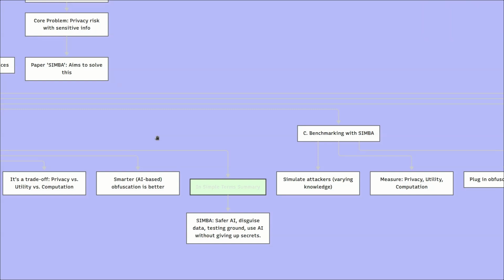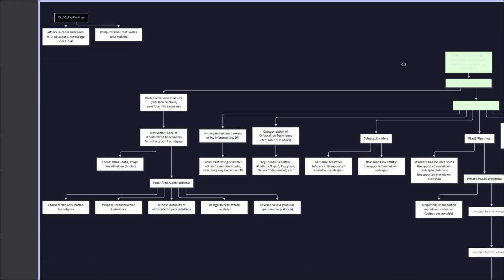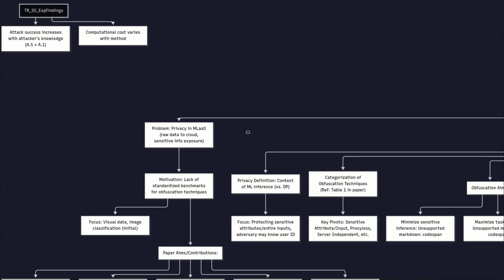The concept of obfuscation is like blurring a photo. For example, blurring a photo to hide someone's face, but ensuring the model can still recognize the scene. Mathematically, it's a transformation that reduces the information about sensitive attributes while retaining features which are needed for the task, for example, object recognition. So this was the introduction. Let's dive deep into the paper.